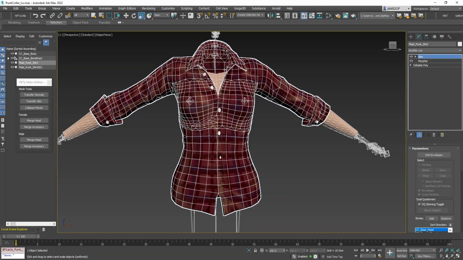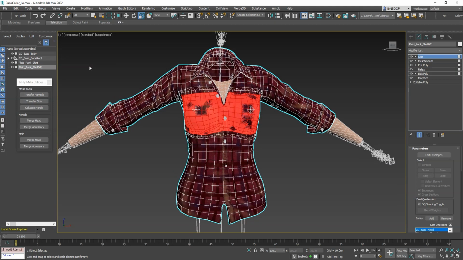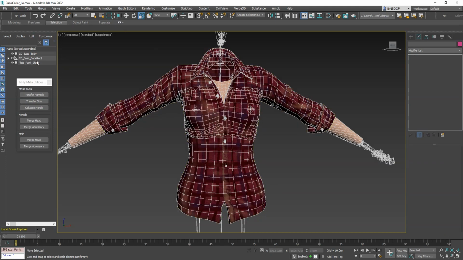Now if I was doing this and I, for some reason, needed to make a geometry cut and preserve the normals, even along the seams of the geometry, I can also transfer the normals from one mesh to another. But in this example, we don't need to do that. So I'm just going to delete our dummy shirt here